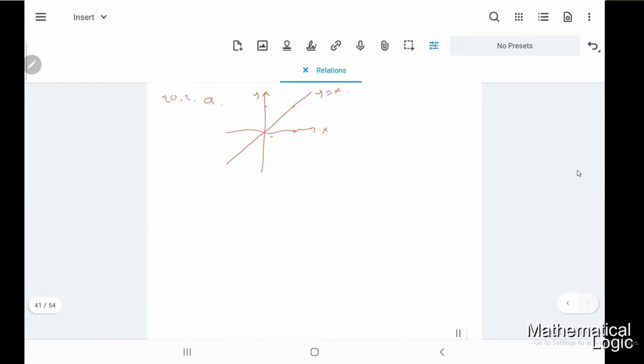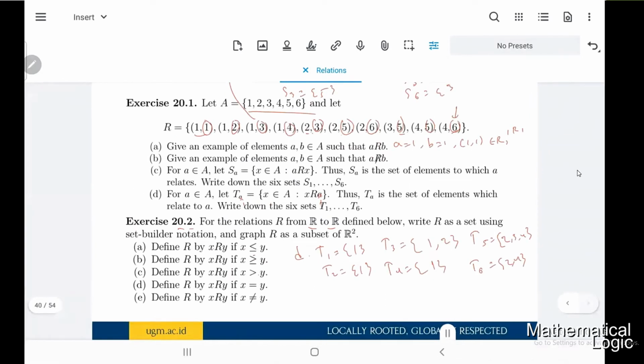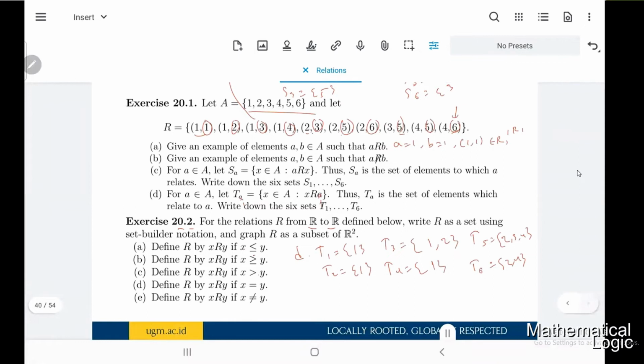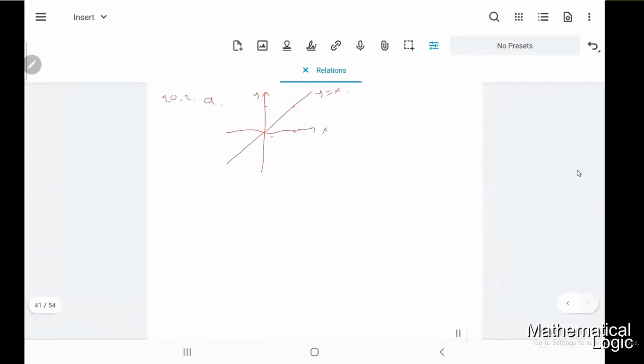And then, when you see X is less than or equal to Y, it can be X is equal to Y. That means everything on this line. And then where is X less than or equal to Y? What you have is everything on the right hand side here, correct? Because for example, when this one is 4 and you go up a little bit, this one is 1, so this is wrong, so it cannot be here. So maybe around here.